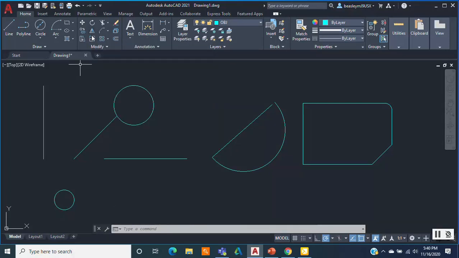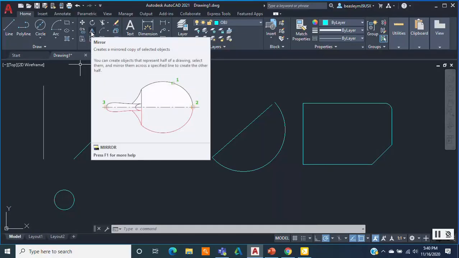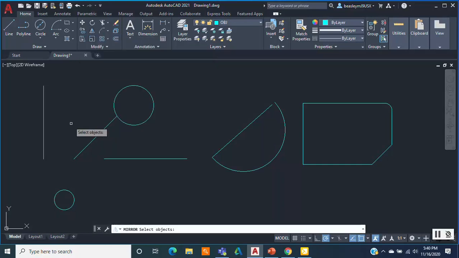The next command I would like to talk about is known as the mirror command. The mirror command creates a mirrored copy of selected objects. So we're going to click on mirror, and we're going to choose this horizontal line. We're going to use this angled line as our mirror line.